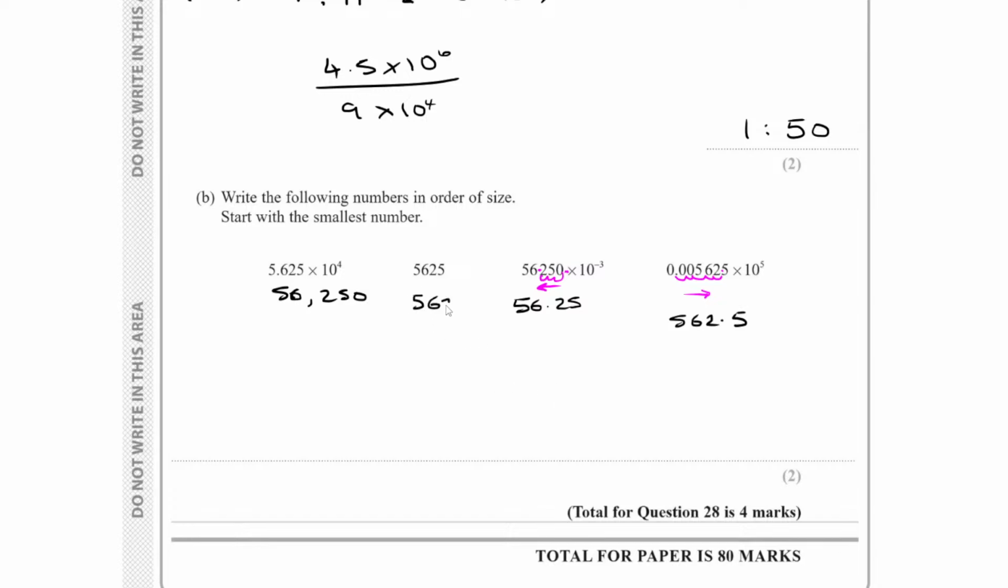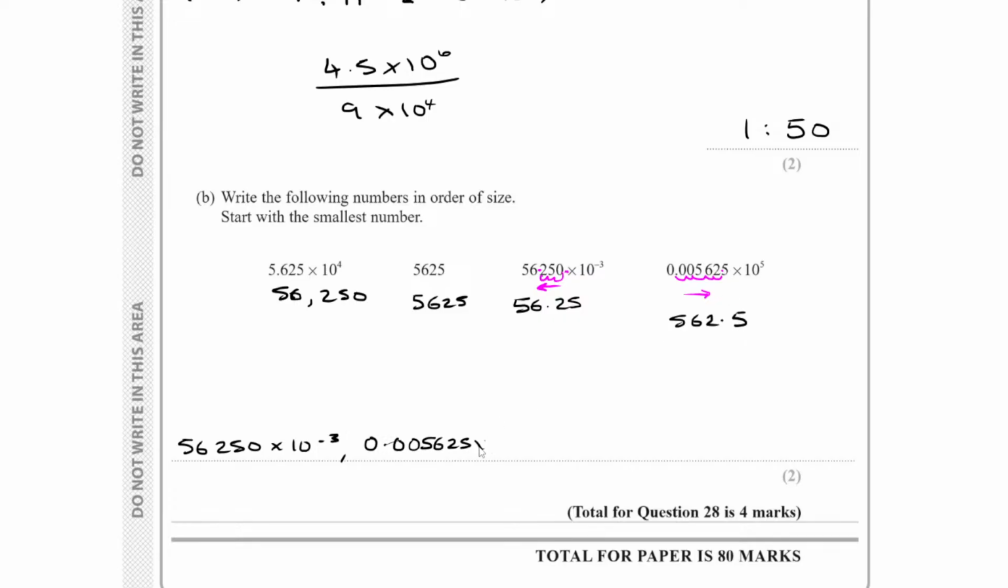Let me just rewrite this one. Now I can just see the order, which is the smallest, obviously this one. So do copy the original, 56,250. Maybe I'll write it smaller because I feel like I'm going to run out of space. 56,250 times 10 to the minus 3. That's my smallest. Then I had the 500, which is this one,